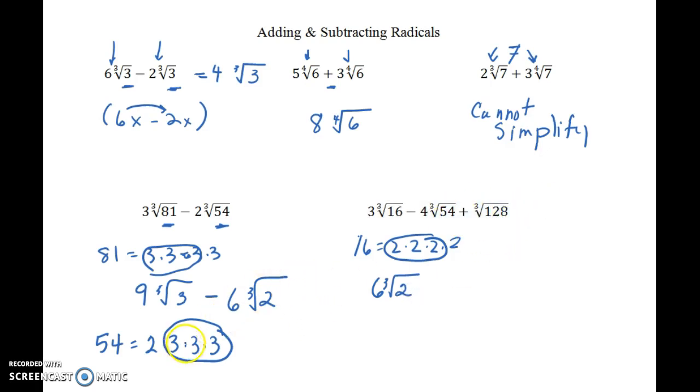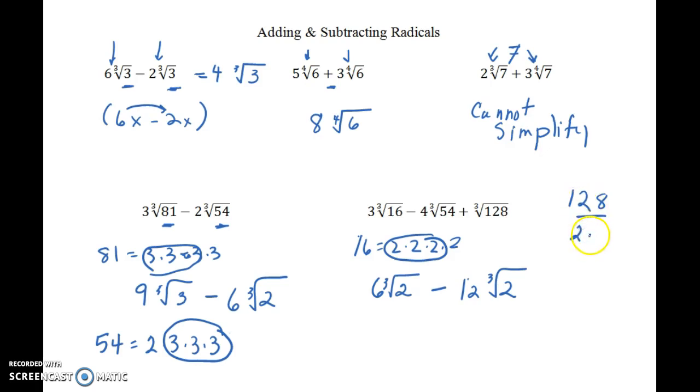54, like before, we did that in the last example. So minus 4 times 3, which is 12, times the cube root of 2. And then we have 128. Well, 128, factors of that. So we're going to do 2